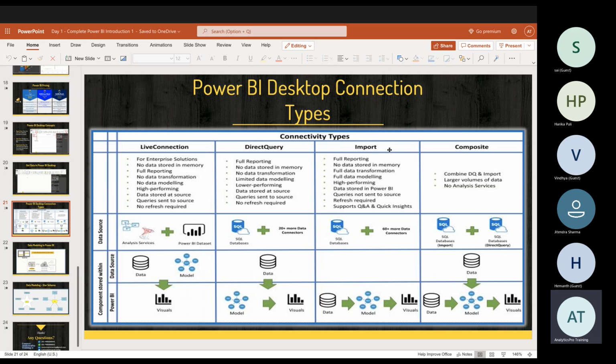So what is it that I spoke about import? I said that whenever you try to import as a connectivity type for a SQL source, okay, let us suppose your source is your SQL. You want to choose your import option as a connectivity type. Now all the data will get stored in your Power BI. You have to create the modeling within Power BI and the visualizations too in Power BI. Now that is what an import will do. It's very high performance. Data will always get stored in your Power BI.